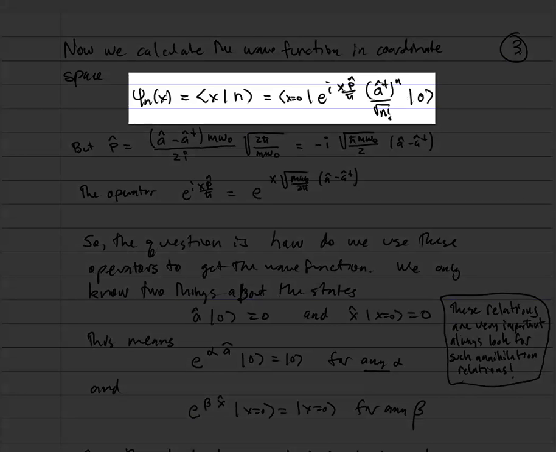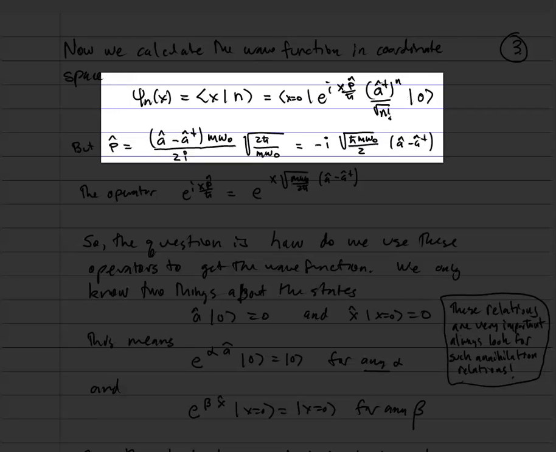So psi n of x is the overlap of bra x with energy eigenstate n. Bra x is just bra x equals 0 times e to the i x p operator over h bar. The sign is changed because I took the Hermitian conjugate. And the energy eigenstate n is a dagger to the nth power divided by the square root of n factorial times ket 0. Now we have to remember that the p operator can be written in terms of the raising